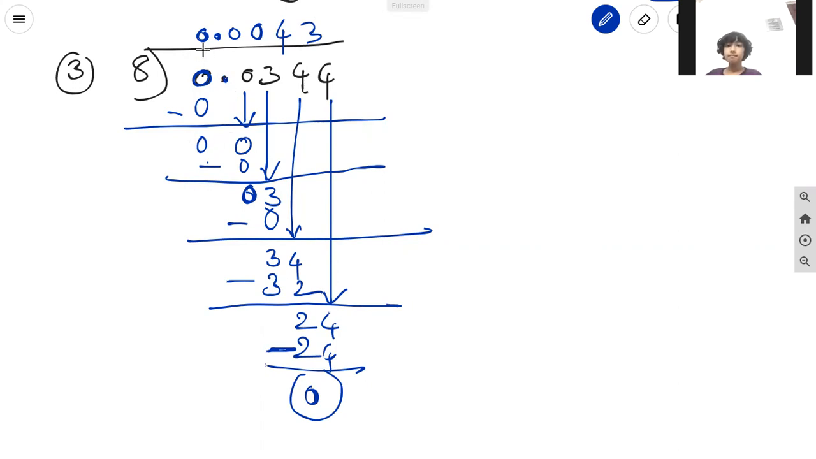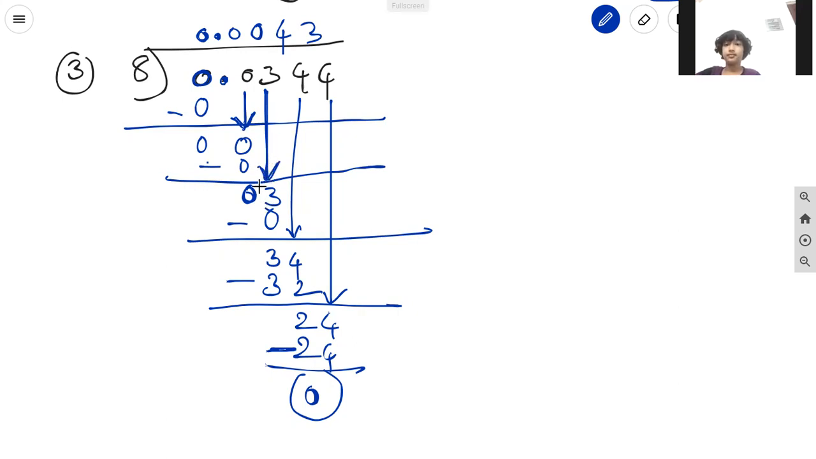Okay, just again. 8 zeros are 0, not 8. 0 minus 0 is 0. The decimal point is written in the quotient. Next, take only the tenth digit, 0. Again, 8 zeros are 0. 0 minus 0, 0. Write down the